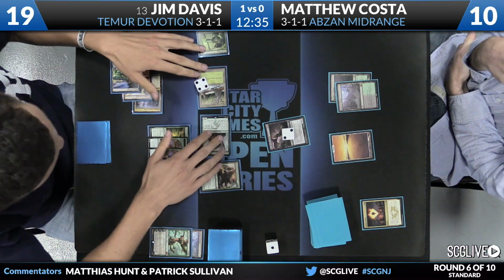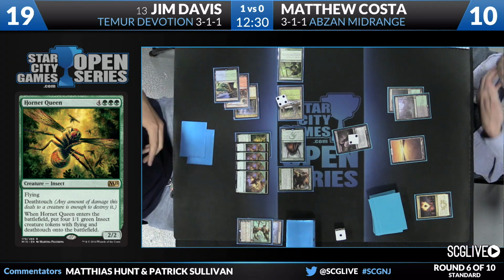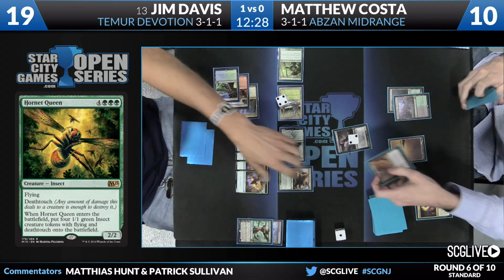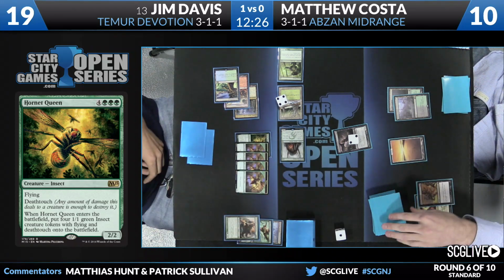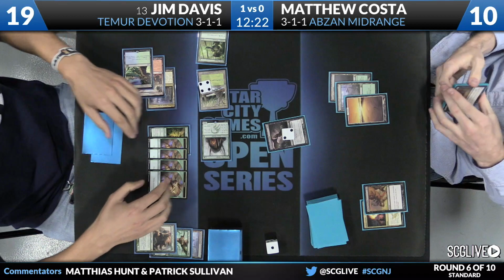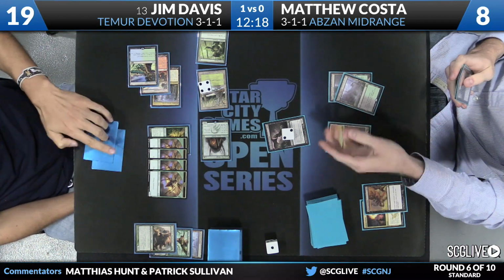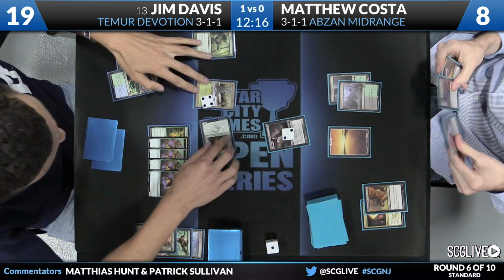Hornet Queen's a card that's very difficult, though, for any mid-range deck really to deal with, unless they're playing a sweeper like a Doomwake Giant or something. It's a ton of value. Pelucranos gets hit by Hero's Downfall. Costa will take a damage from his mana for that, and then take another damage on his upkeep. He's down to 8. And, you know, this is one of those things where you're in Jim's spot, you can just be as conservative as possible,